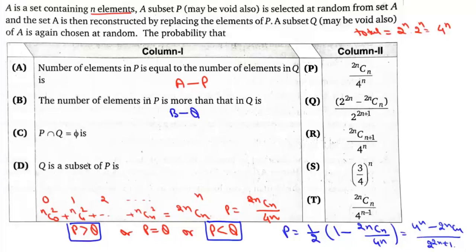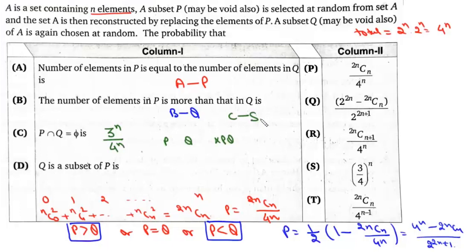Now this third one is P intersection Q is 5. Now if P intersection Q is 5, then for each element we have 3 choices. Either it'll go to P, or it'll go to Q, or it won't go to any of P or Q. So total number of ways of choosing 2 subsets P and Q such that their intersection is 5 will be 3 to the power n, and this probability will be 3 to the power n divided by 4 to the power n, which is your option S. So this C,